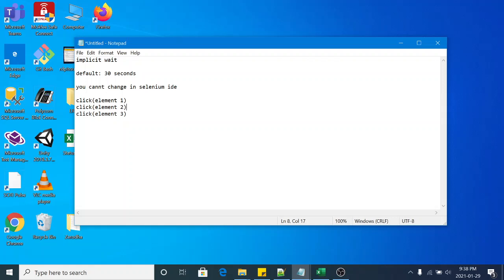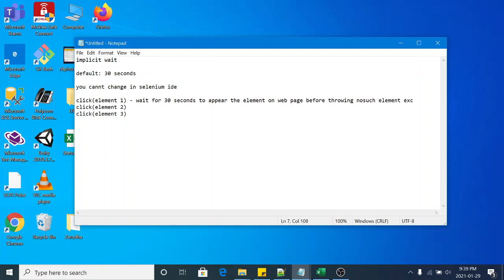Let's suppose Selenium IDE tries to click on element 1, and this element is not visible on the screen. So in this case Selenium IDE will wait for 30 seconds for the element to appear on the web page before throwing no such element exception.